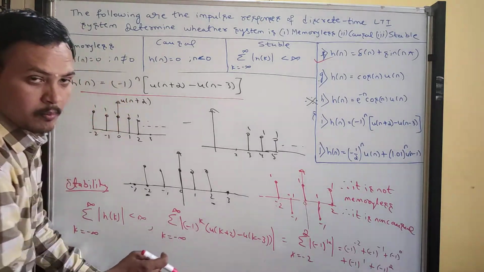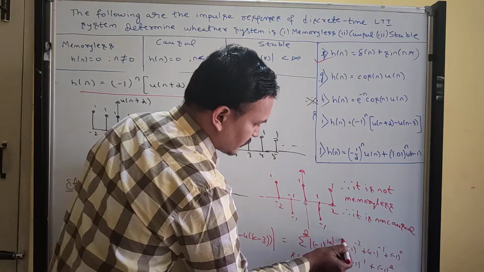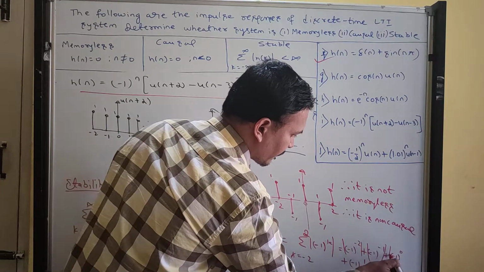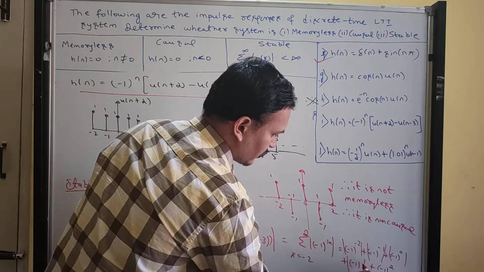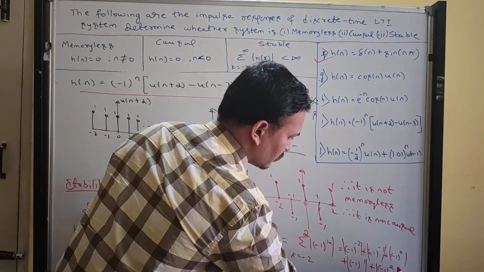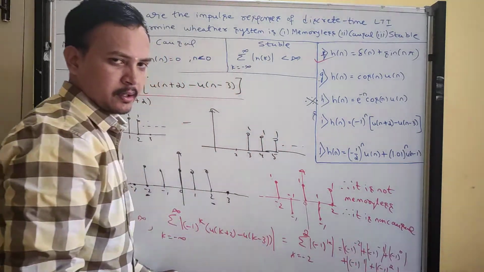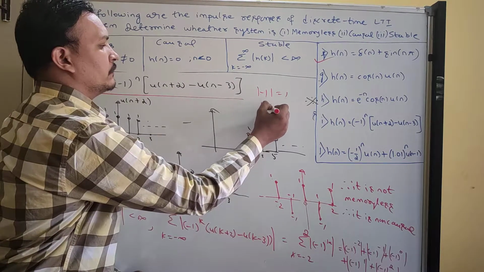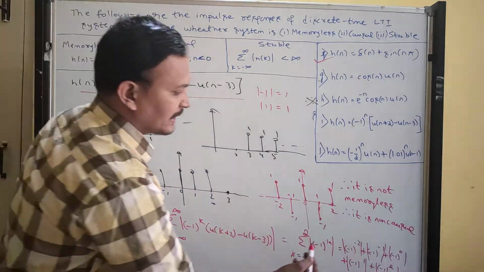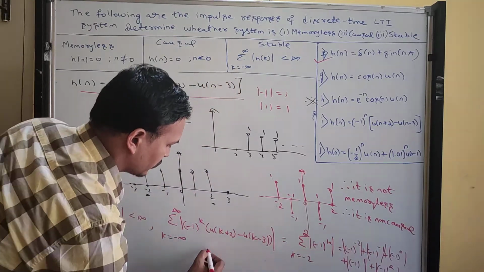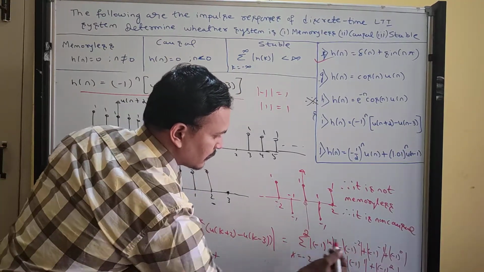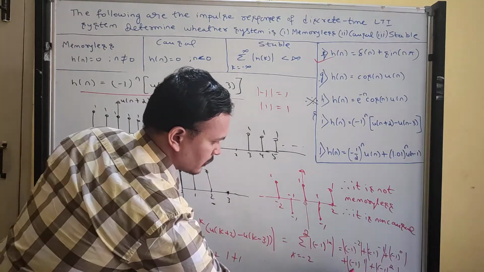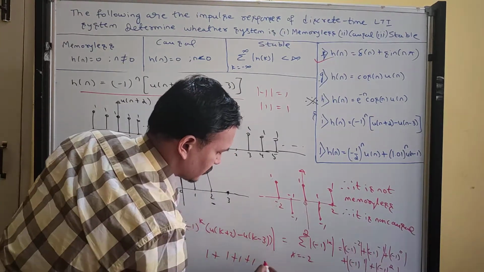Then this become mod k. Since each and everything will have mod value, since it is having mod, now you do this in calculator. What is mod of 1? Mod of minus 1 is 1. Mod of 1 also 1. By adding that, 1 plus 1 plus 1, 1. This everything will get 1, and this also will get 1. Here also will get 1. Here also will get 1. And here also will get 1.